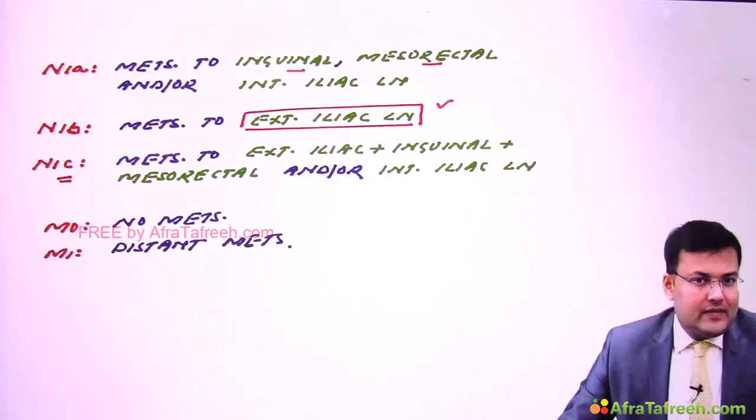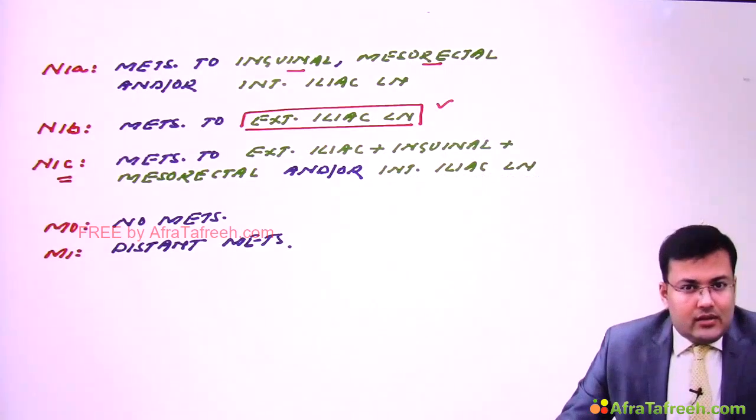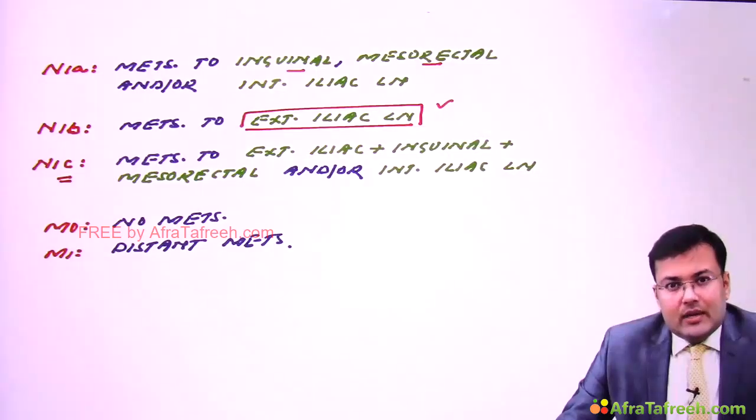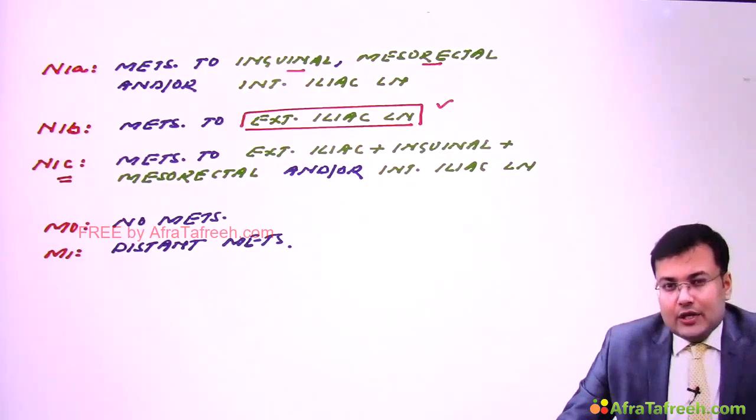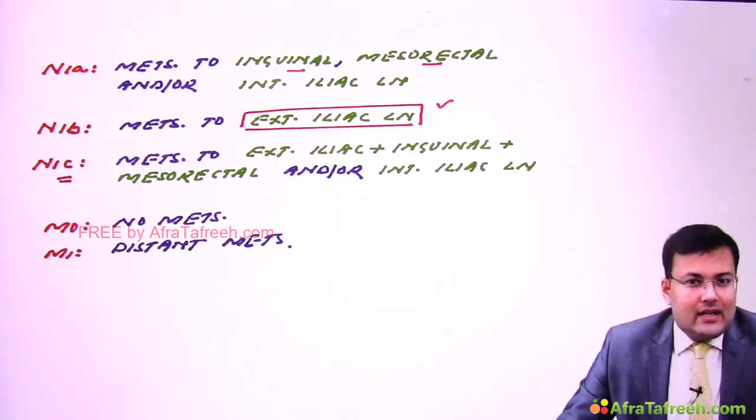This is the TNM classification. Now coming to the treatment. The treatment question was asked minimum 100 to 200 times. And what is the question? What is the treatment of choice for carcinoma anal canal? It's the Nigro regimen, and that includes chemoradiation. Famous question. And what is this Nigro regimen?